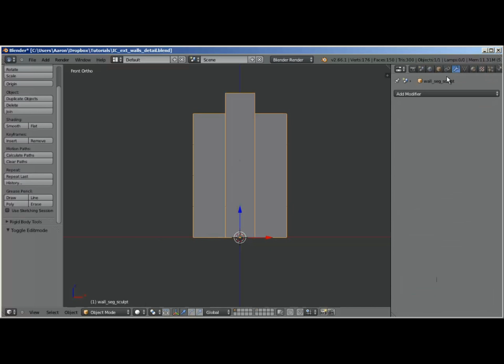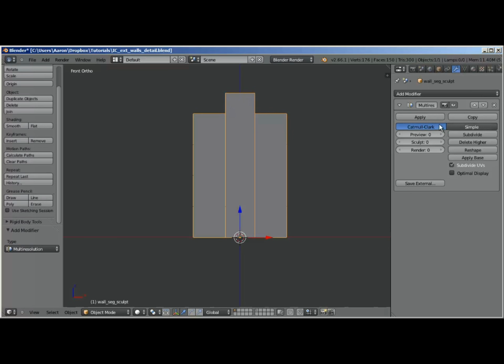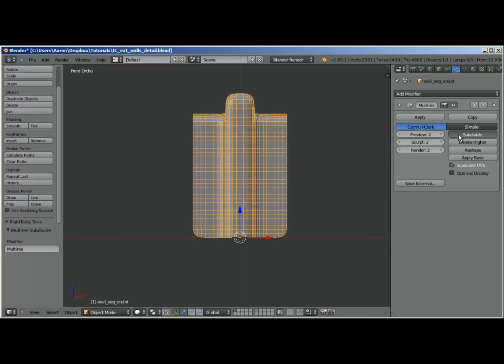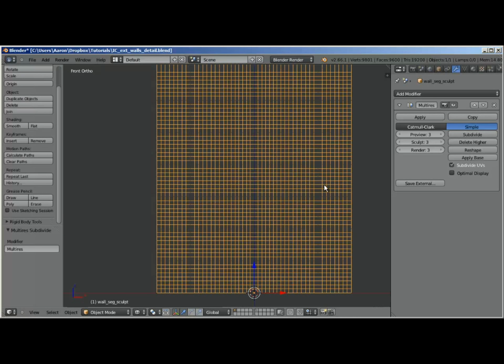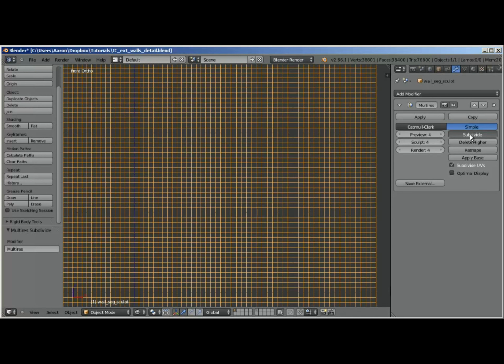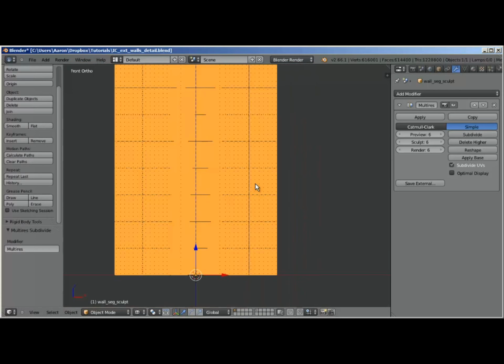So first I need to add a multi-resolution modifier to my wall right here. Change it from Catmull Clark to simple, because otherwise it'll start to smooth it like that, and that's not what we want. So simple and subdivide, and let's subdivide it 6 times. Alright,